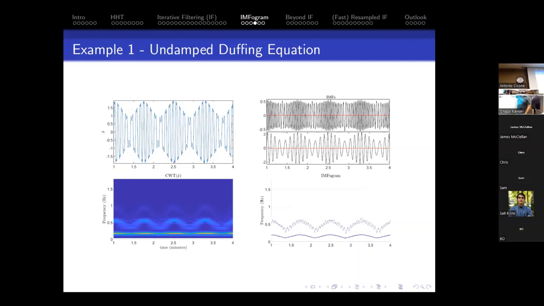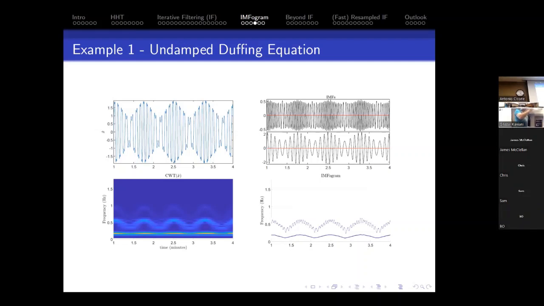Why? Because you see the oscillation and you check the zero crossing. So that's exactly what we're doing in the IMFogram. We make the strong assumption that the IMF is stationary inside one oscillation, or actually half of an oscillation. So we assume that from this zero crossing to the subsequent one, this curve is perfectly sinusoidal, which is not true, okay? But we make this assumption. We are mathematicians, so we can do these kinds of things.